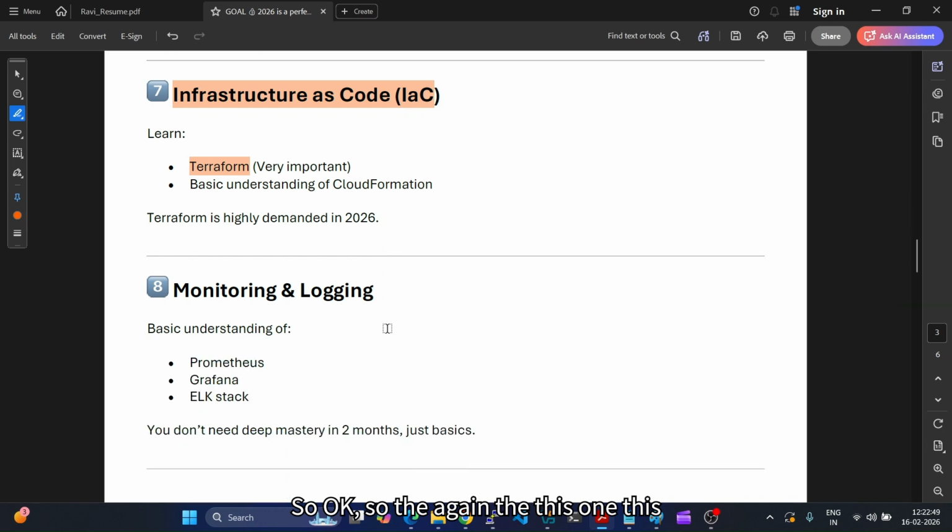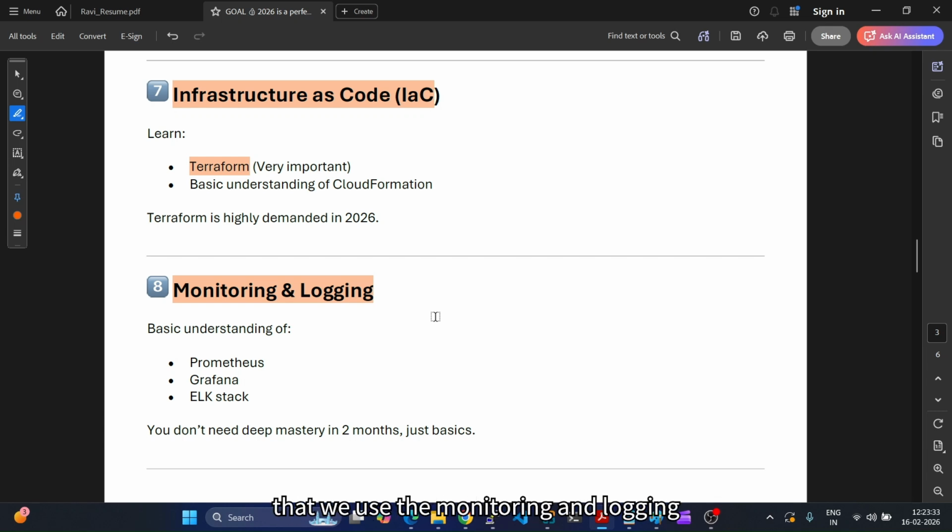Okay, so this one is related to monitoring and logging. What is monitoring and logging? Let's assume we have servers and these servers are running fine, but somebody has to monitor the servers. If it goes above a threshold, like CPU utilization going above 90%, then we should get an alert, okay, this particular server went above 90%, and you have to look into it. That is one example of monitoring. There are many other examples, where we can look at memory, or at the application we are running, whether it is performing well or not, or whether there is any issue in the applications. For that we use monitoring.